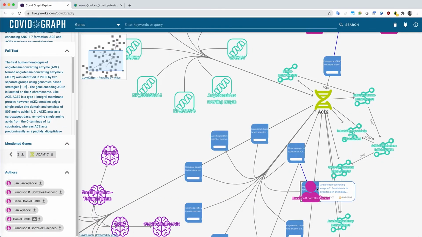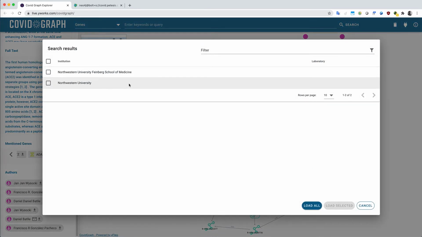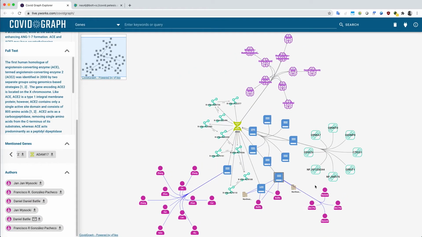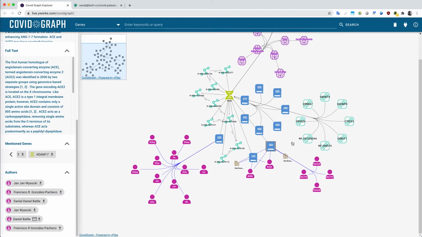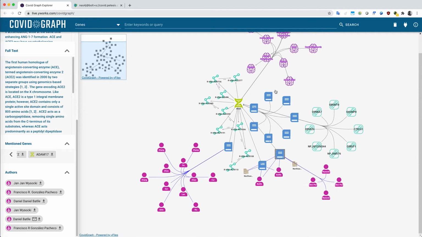And we also load the affiliation. So where does this paper come from? University of Feinberg School of Medicine. We can load that as well. We have this information. And now it's also interesting to not only see the scientific world and the scientific publications here,